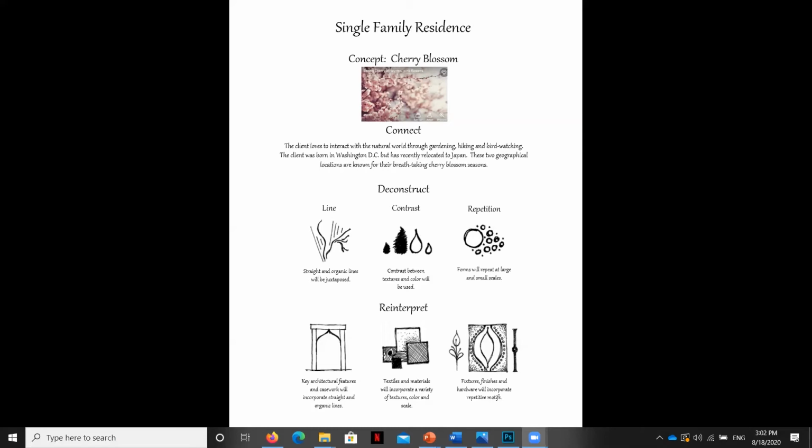Under repetition, we can see here that I'm thinking about the repetition both of the beautiful blossoms on the branch, and then seeing these blossoms repeating over many, many trees during cherry blossom season. So thinking about repetition as form repeating at both large and small scales. Now that I've deconstructed this image and this concept into its elements and principles of design, it's time